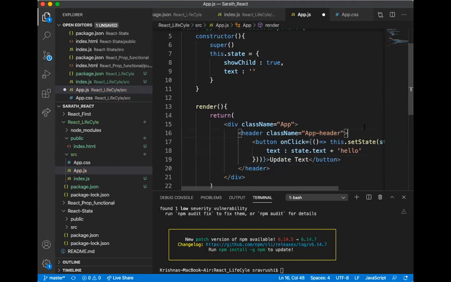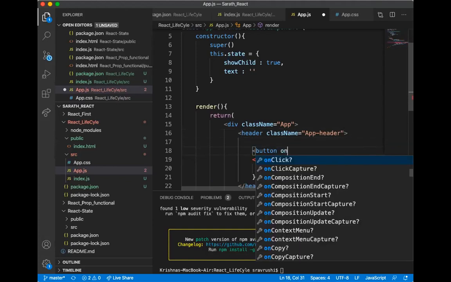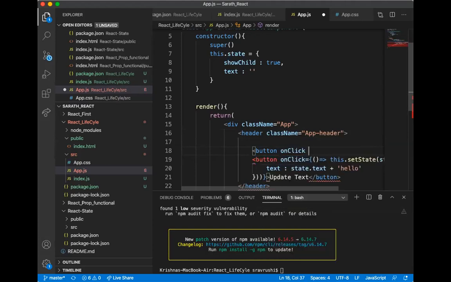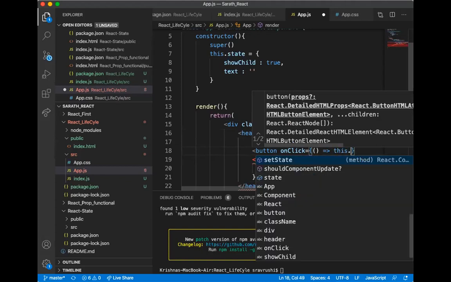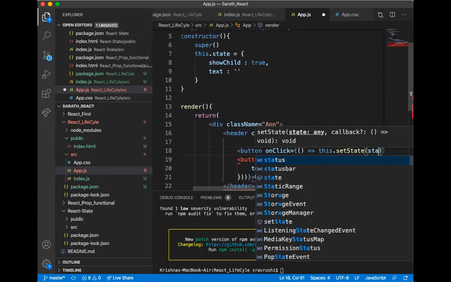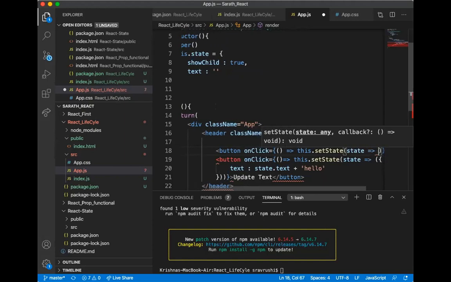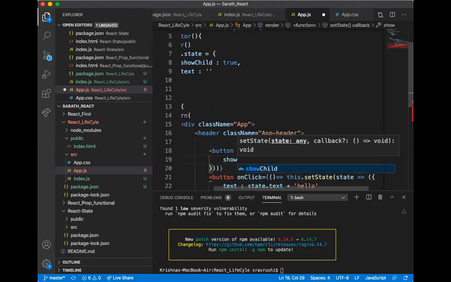One more button also I am taking, and here I am giving some on click, and the content here, this.setState, and I am giving here state, and show child.